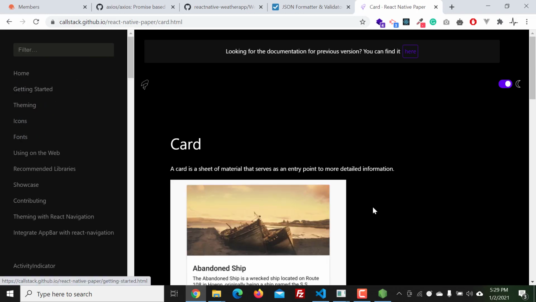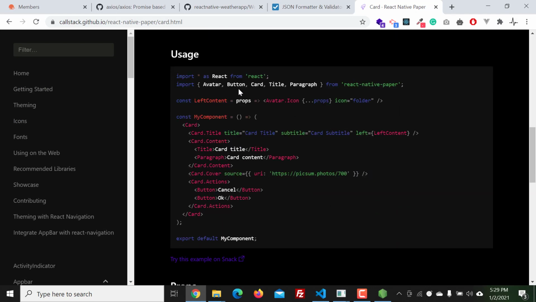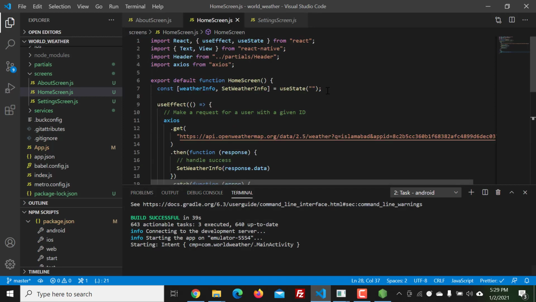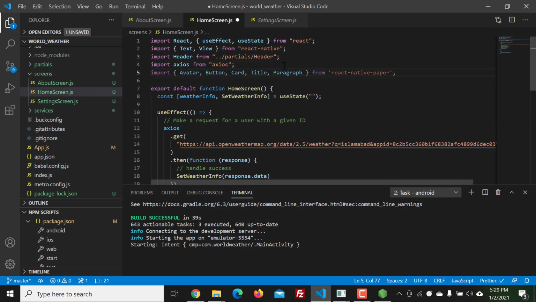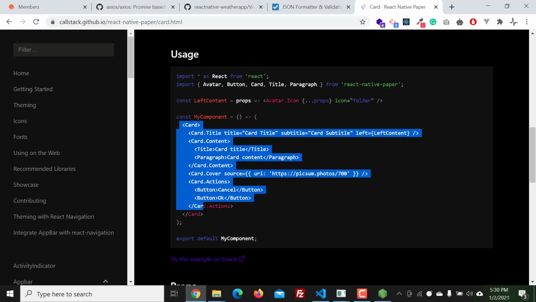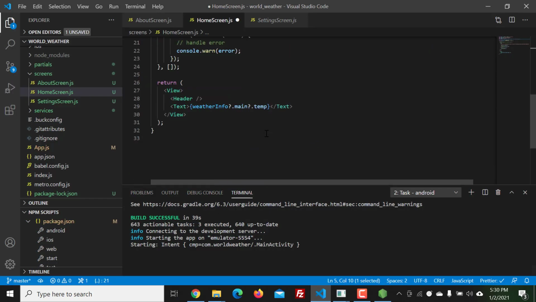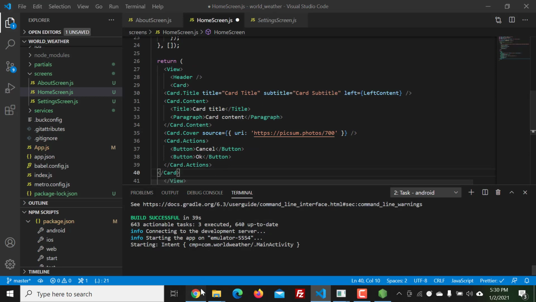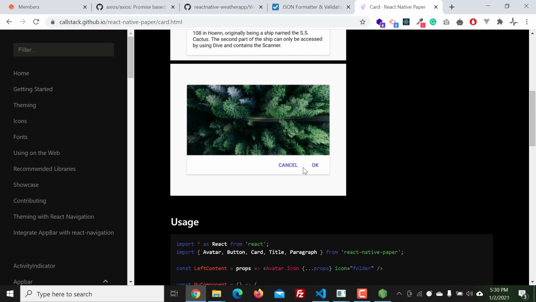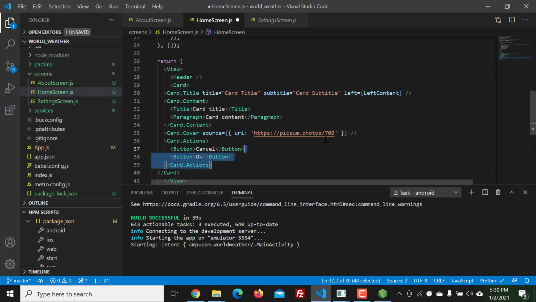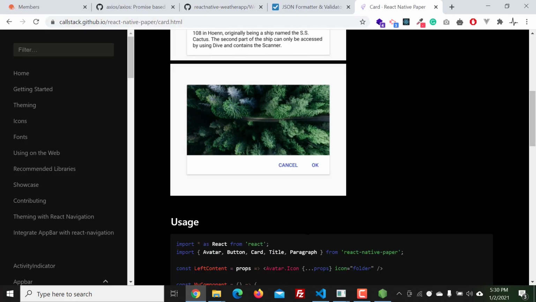I click on card, and first import everything from here. Yes, React Native, that's what I'm importing. Then I copy this code which I will use here. These are action buttons, cancel. I don't need action buttons. Even I don't need this cover image,